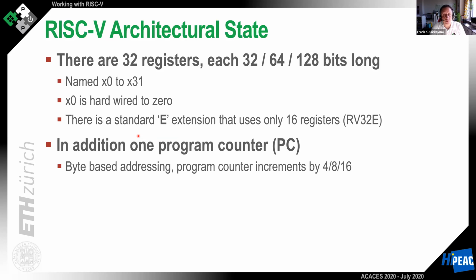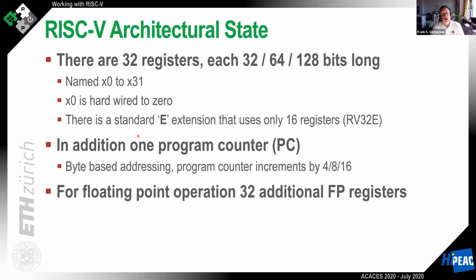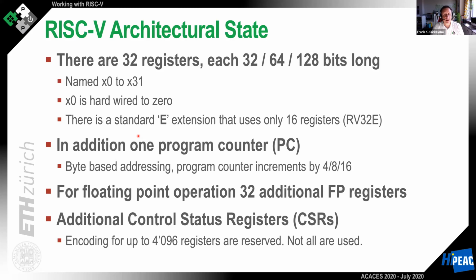In addition to that, we have one program counter that tells you where to fetch the next instruction. RISC-V uses byte-based addressing, so the program counter increments by the word length. If you're using floating points, there are 32 additional floating point registers with the same length. And for more,